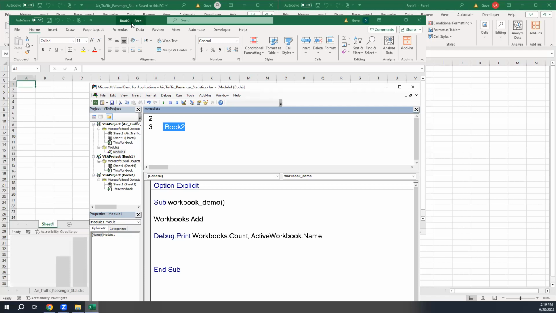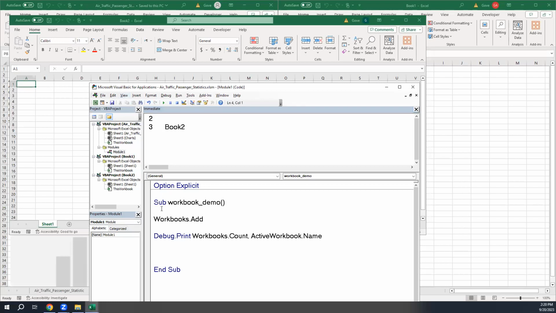And that Add method of the Workbooks collection is going to send back the memory address where it's located. It's going to say, hey, I put this in memory somewhere, and in case you want to refer to it, here's the address where it is. Fortunately, we don't have to think about it as the address. But what we're going to do is capture it in a variable that's meant to hold a memory address. And that's the object